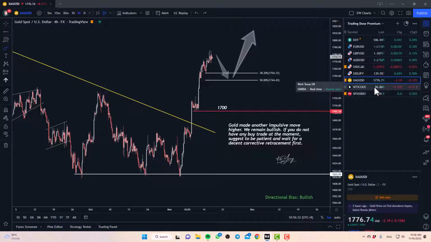So overall upside for gold. Long term is still upside, so if you already have a position running, my suggestion is don't cut yourself short. Just manage the position, don't shift your stops too tight, give it room to breathe. Put your take profit way above, or even if you don't have a take profit, it's perfectly fine. Just manage your stops accordingly.